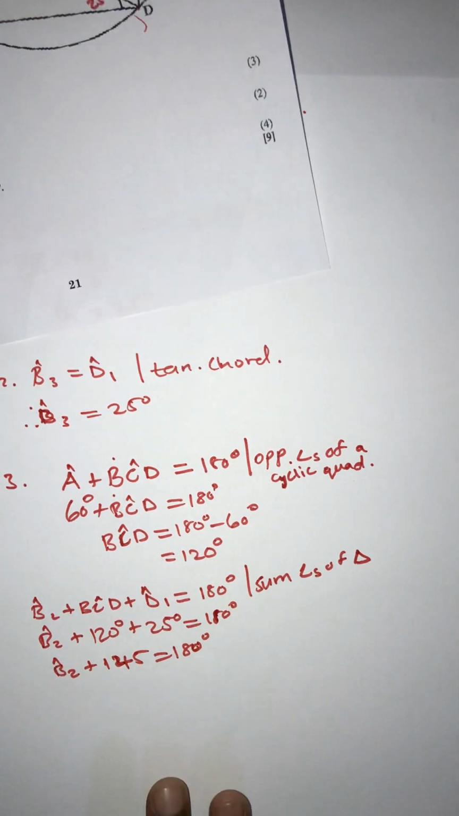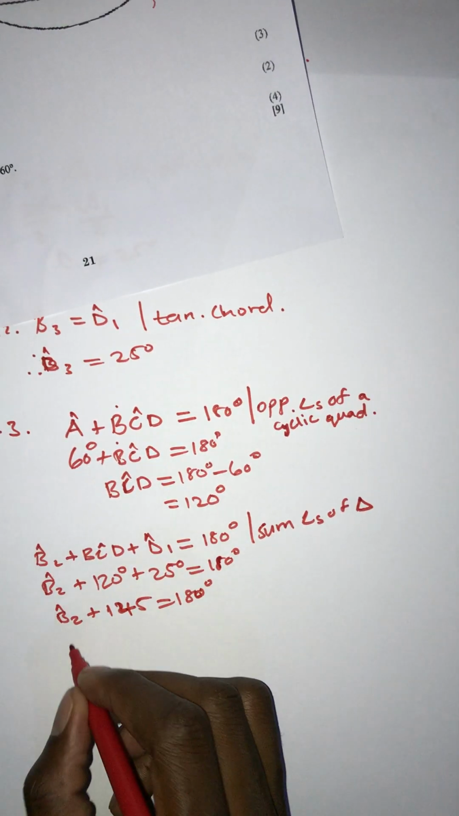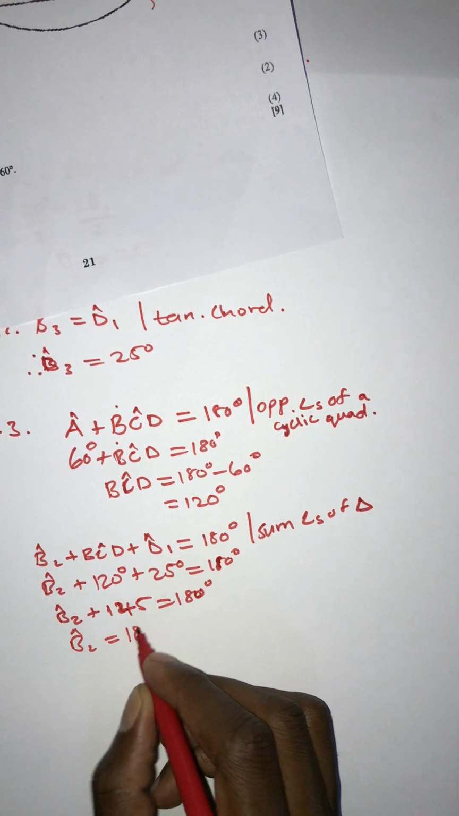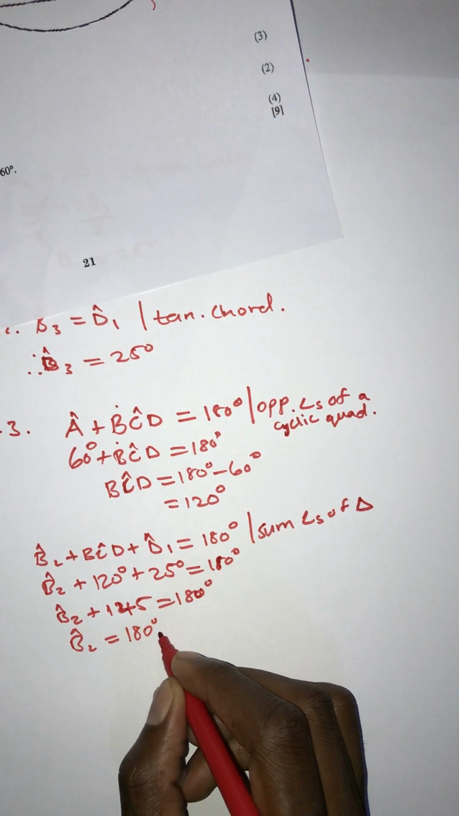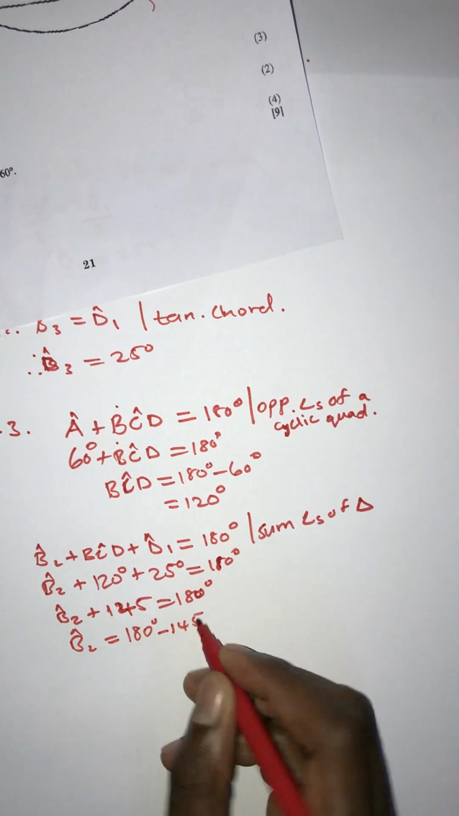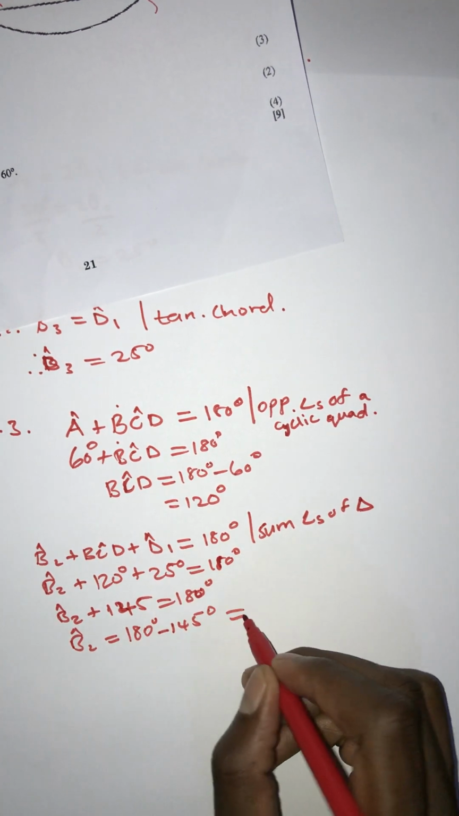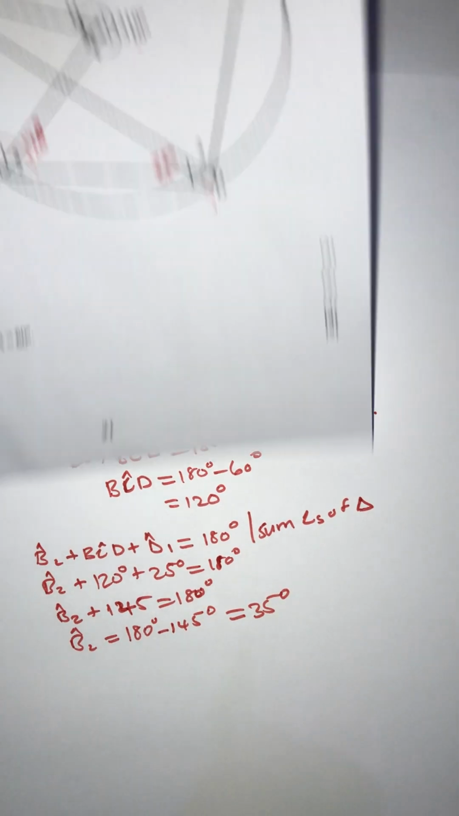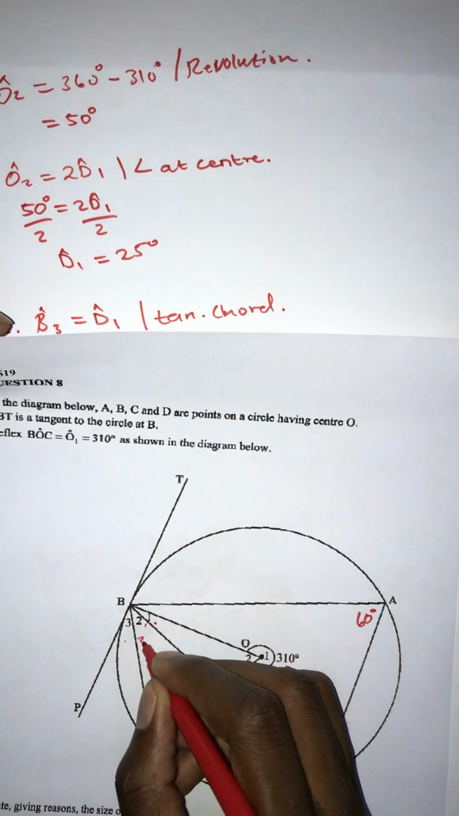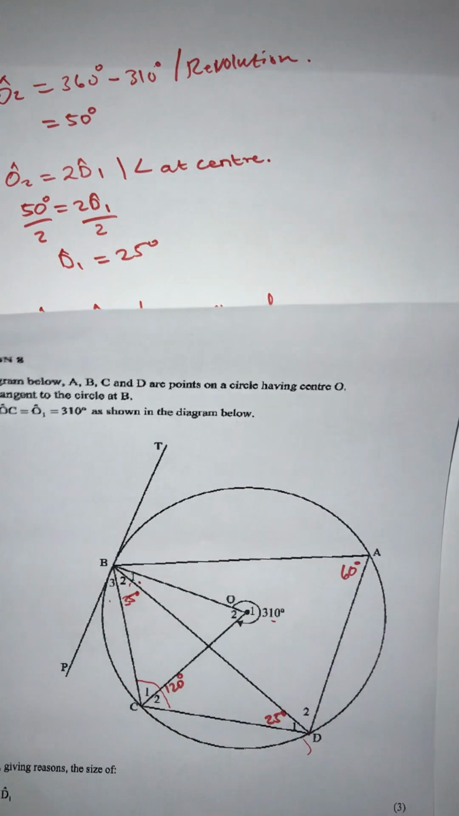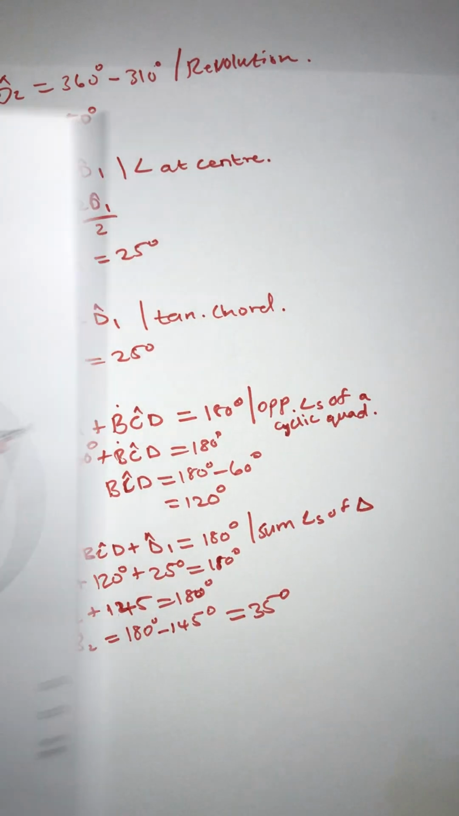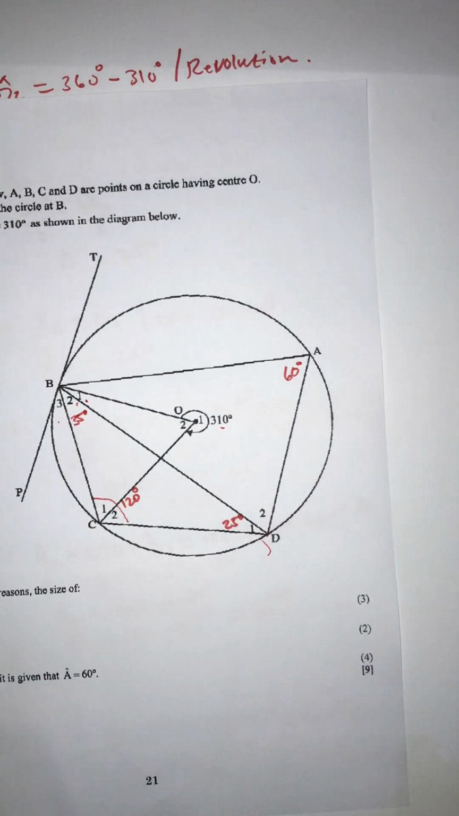So we take this to the other side. Now we're going to say angle B2 is equal to 180 degrees minus 145 degrees. This is going to give us 35 degrees. It means that angle B2 is equal to 35 degrees. So let's check the diagram now. We are looking for B1,